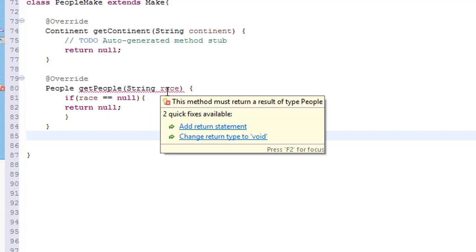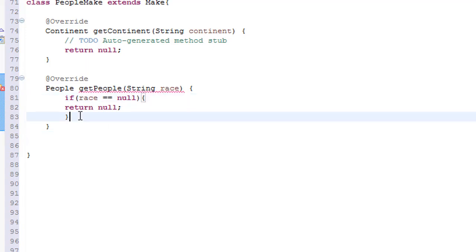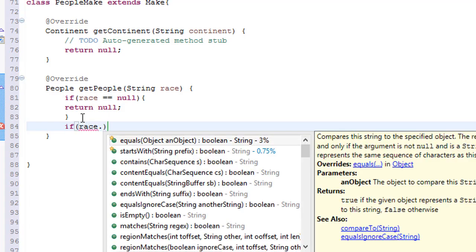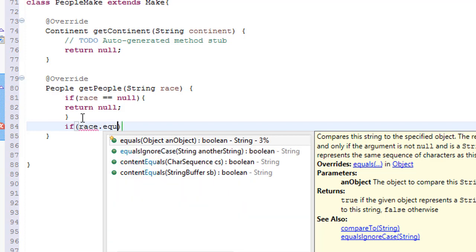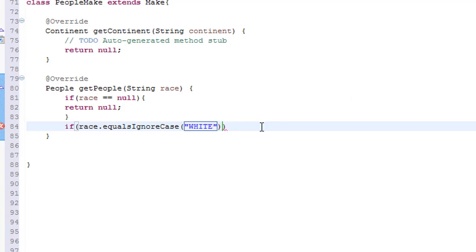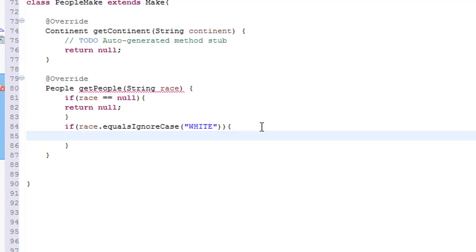And then we check as well. After this, we have to check if race dot equalsIgnoreCase, and now we pass if the race is white. If it's white, then we create an object of that, then you return